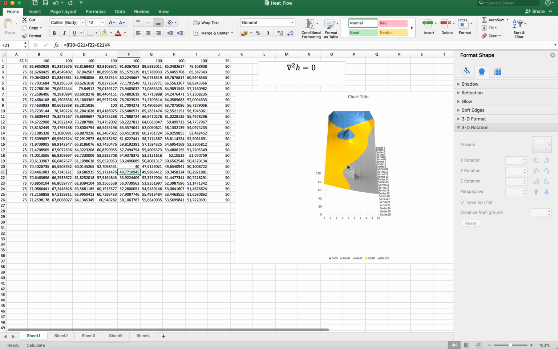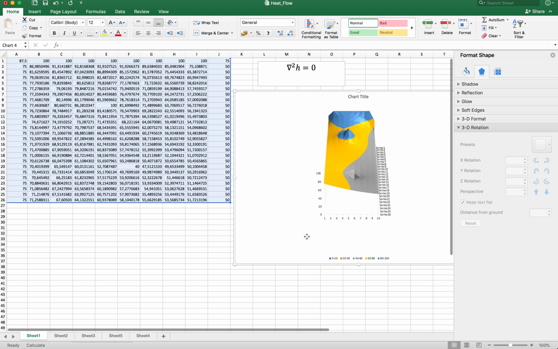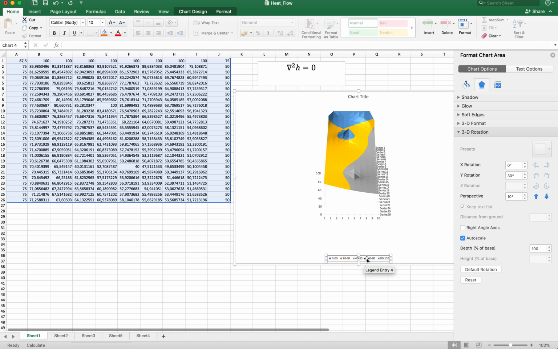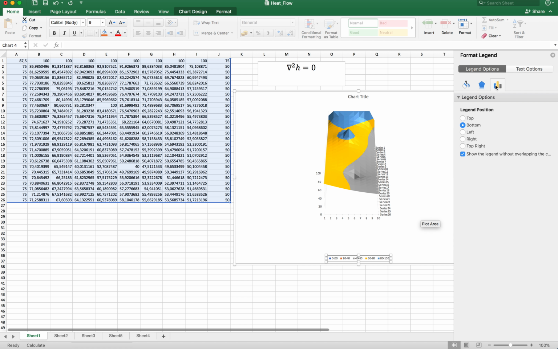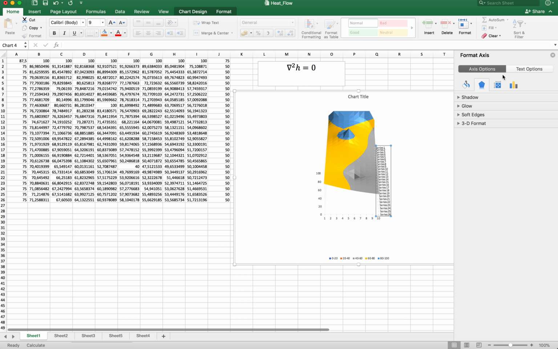Okay, so we've got a sink term here. Now you can see how it's changed the flow, the lines of constant h, the isolines. Whoops, and I'm just going to hit function F9 just to make sure. And what I'm also going to do is change the, so let's go to our y-axis, and what I want to do is change the